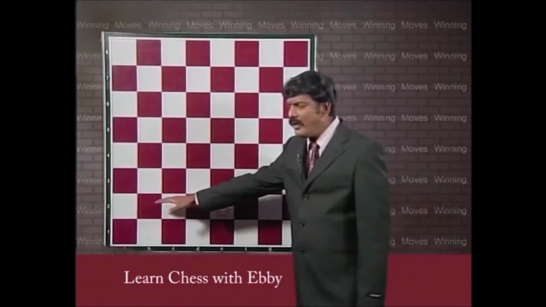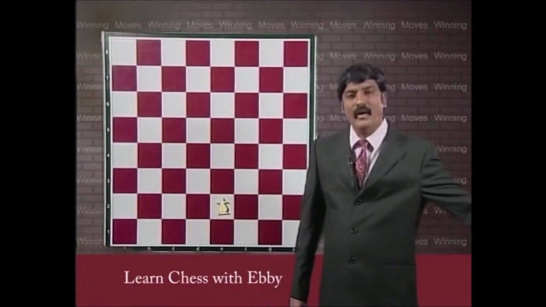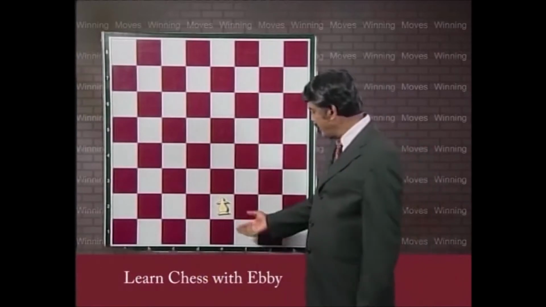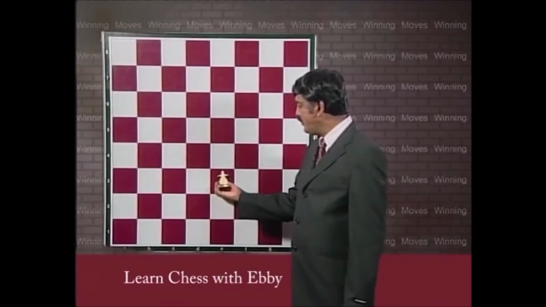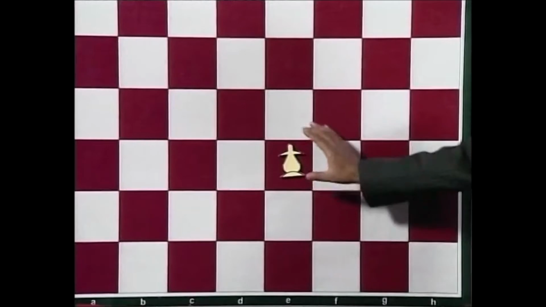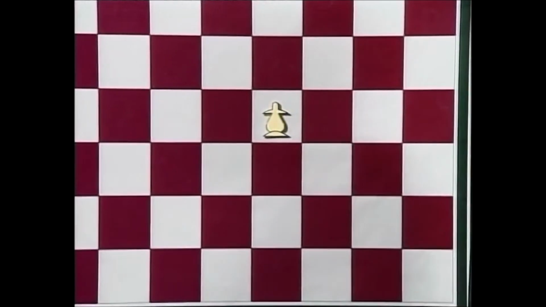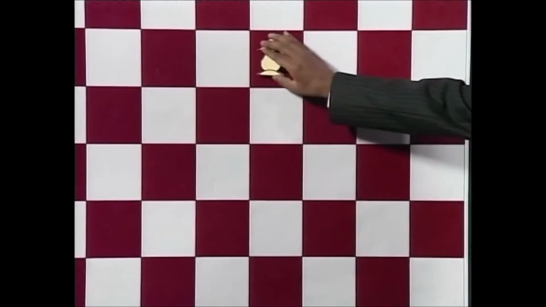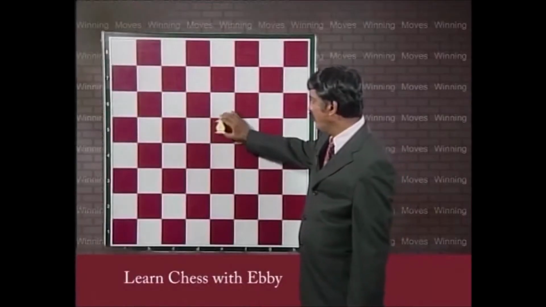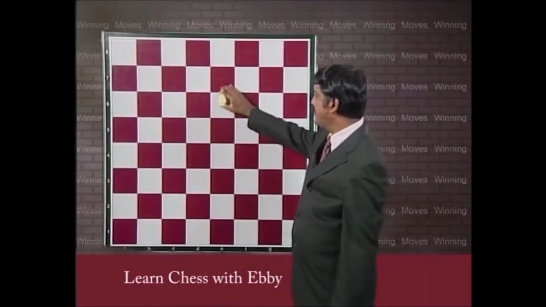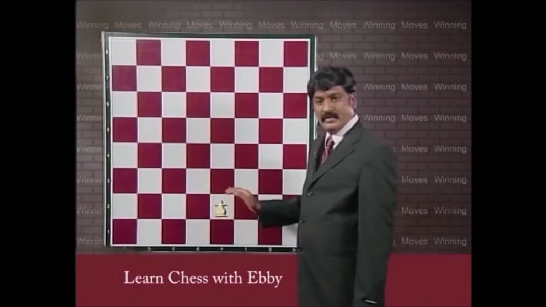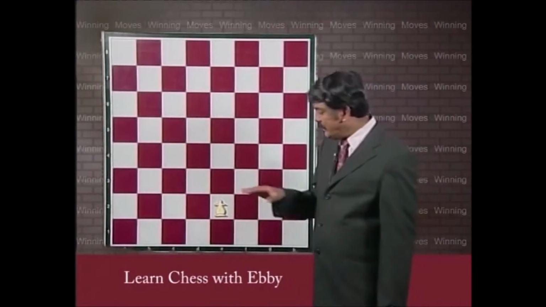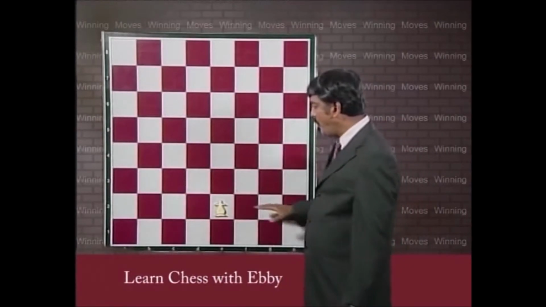You have 8 pawns there and each pawn can generally go one step at a time. Watch here, it goes one step at a time, because one step and one step. A pawn is like a tortoise, but in the beginning, when the pawn is in the second